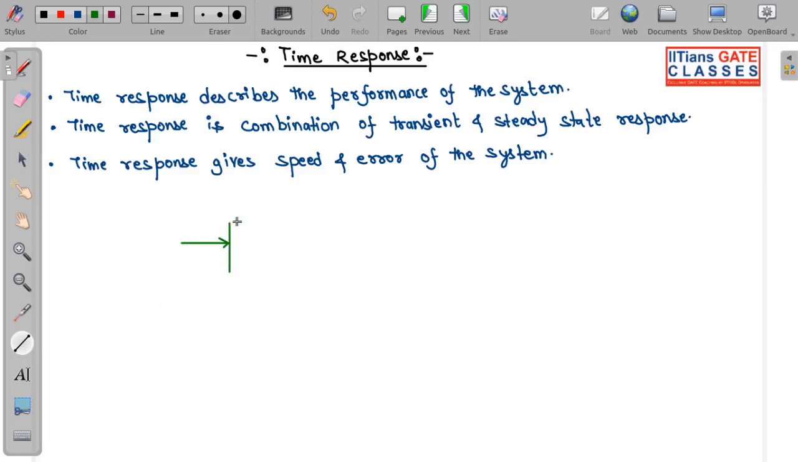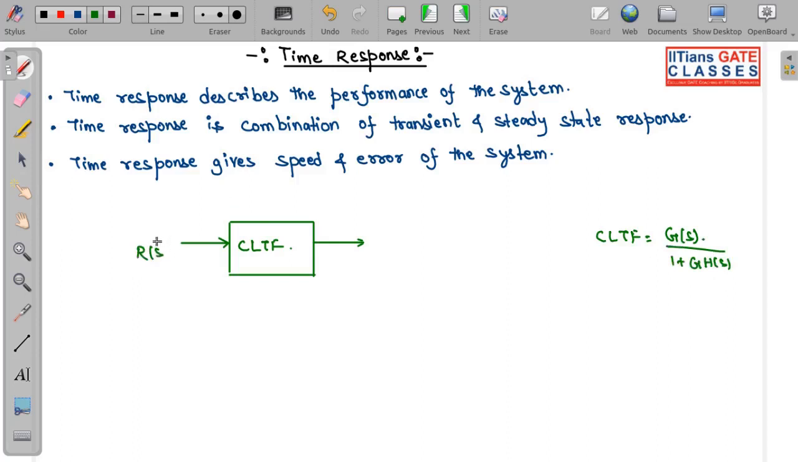So this is the closed loop transfer function. Now if you give input to this CLTF, what is CLTF? CLTF is the closed loop transfer function, that is equal to G of S divided by 1 plus G H S. To this, if we apply an input, we get the output. Now suppose we apply this input at t equal to 0, so output will be generated for the corresponding